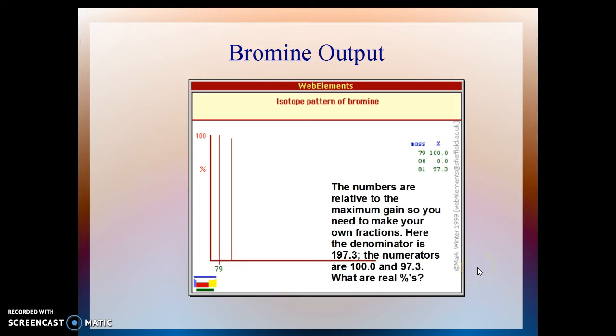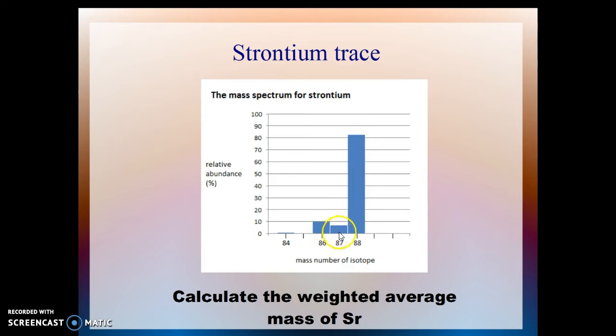This is strontium. There are 3 isotopes, as you can see, but here they've actually graphed the relative abundance so that this roughly 82, this 10, and this 7 or 8 add up to be very close to 100%, or 1.0 in decimals. And you should be able to calculate then the weighted average mass of strontium by,